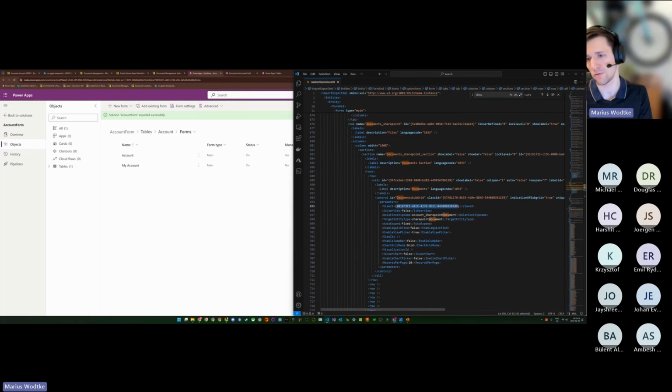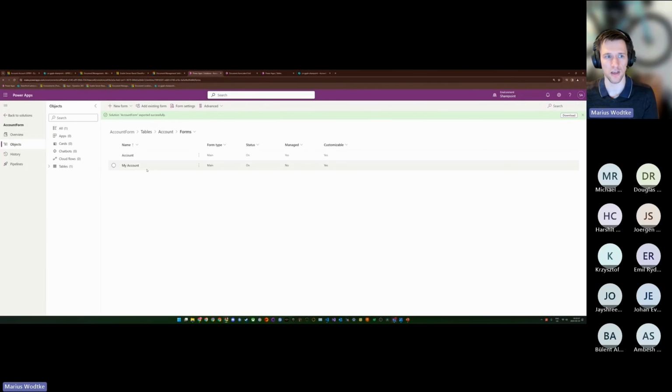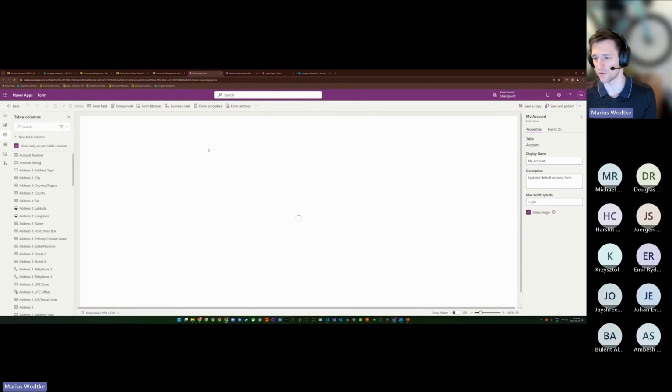So if you were only able to choose all SharePoint documents, and you have the documents associated grid, just copy in the correct GUID of the grid and then package everything by zipping it back up again and uploading it to the development environment, and it will work. But as we saw with the form earlier, it just looks odd when you try to customize